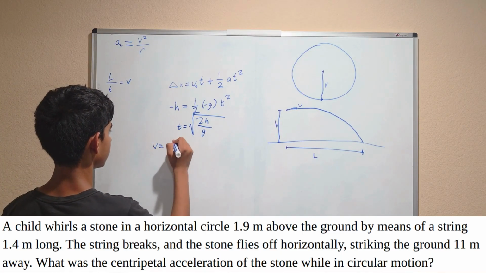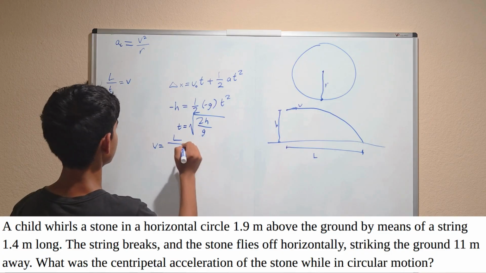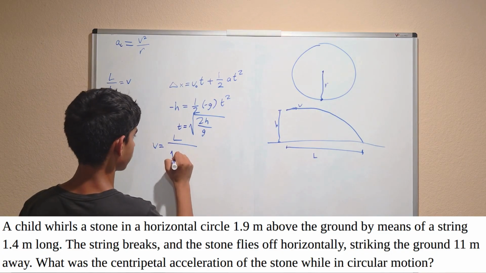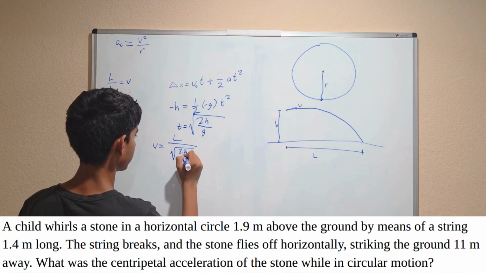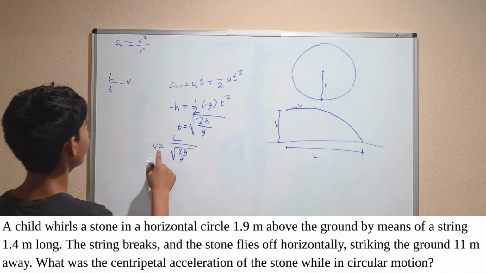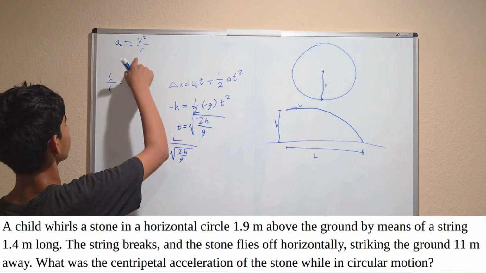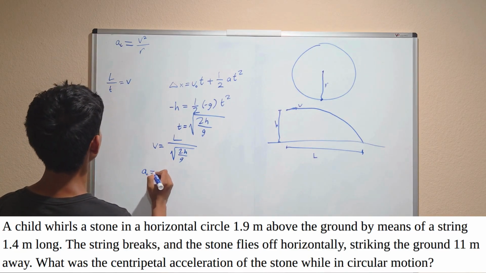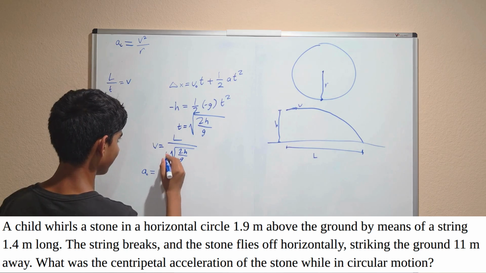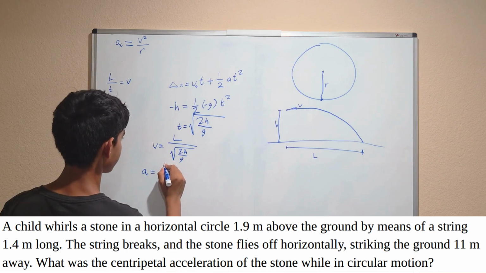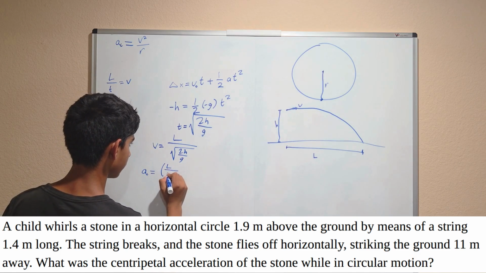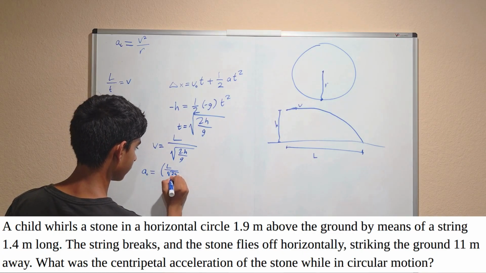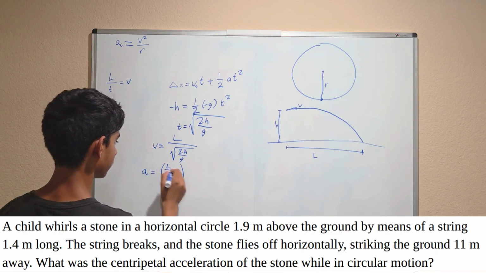So now we plug that into this. So the velocity, or the speed, is equal to L over the square root of 2h over g. And now finally we plug this into this. So centripetal acceleration is equal to this giant thing squared, divided by the radius. This is going to be really small, but this is just v squared